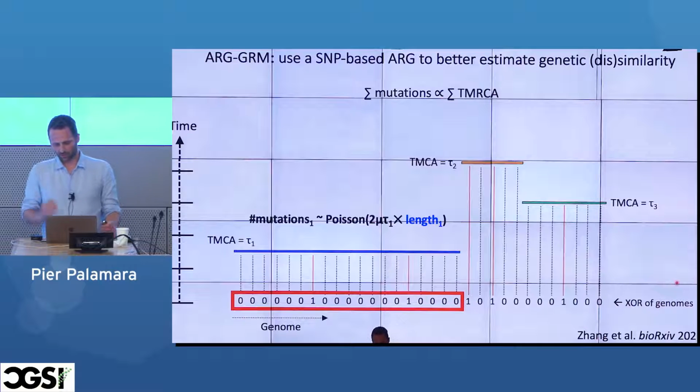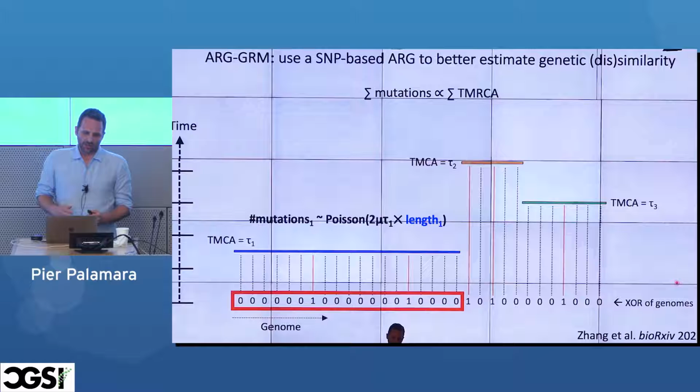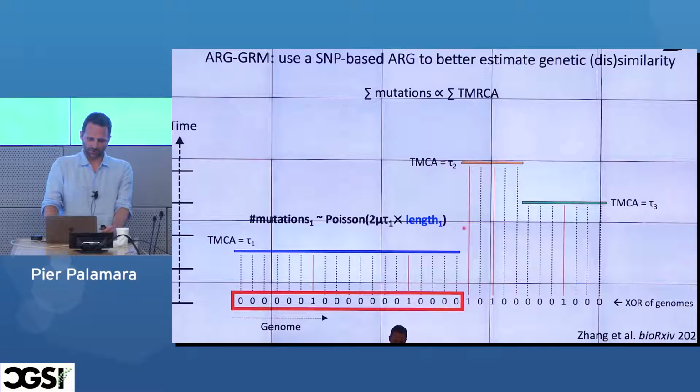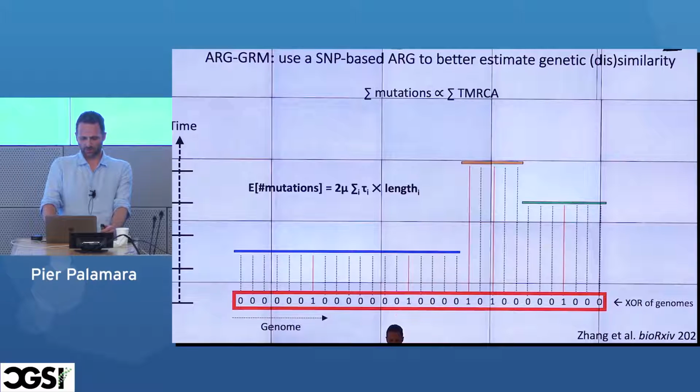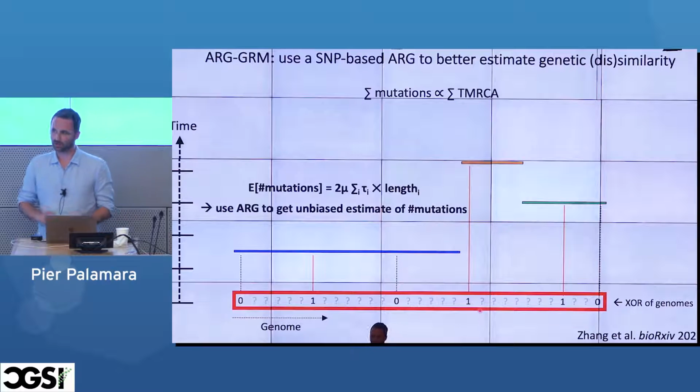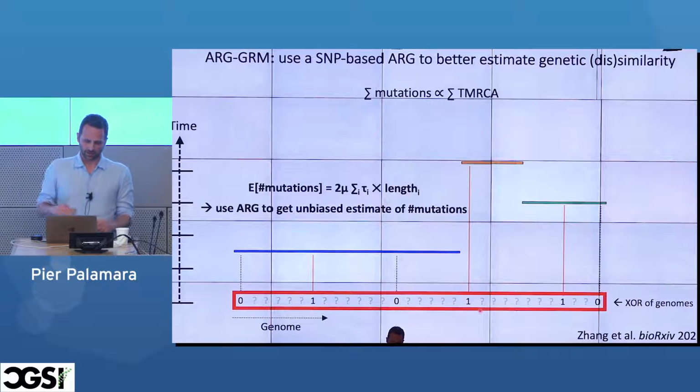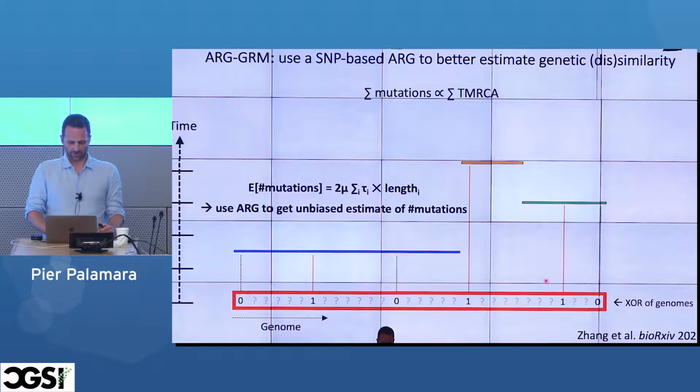If you go back to this kind of image, the number of mutations that we get along the genome is going to be some Poisson random variable given a certain depth of the ancestor. And this is true for every block. So the total number of mutations, which is the genetic similarity or dissimilarity of this pair of samples, is going to be some Poisson number of mutations with an expectation that completely depends on the height of these segments. If you have SNP data where you don't see some of these mutations, if you hide some of them, not randomly, if you hide the ones that are usually rare, you would get some biased estimate of relatedness. And if you do this kind of trick, you get an unbiased estimator using the ARG itself.